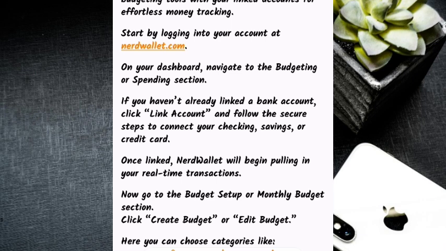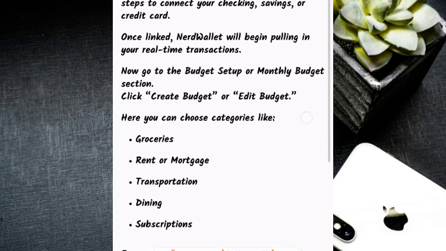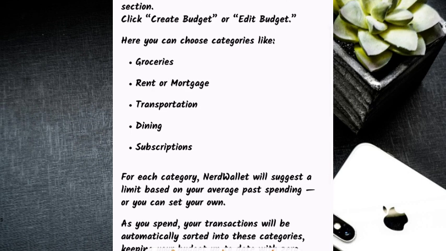Now, go to the Budget Setup or Monthly Budget section. Click Create Budget or Edit Budget. Here you can choose categories like groceries, rent or mortgage, transportation, dining, and subscriptions. For each category, Nerdwallet will suggest a limit based on your average past spending, or you can just choose to